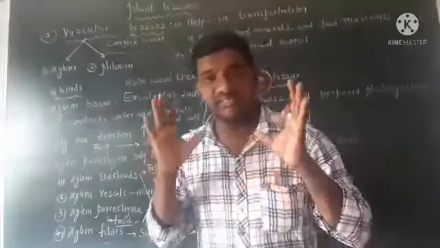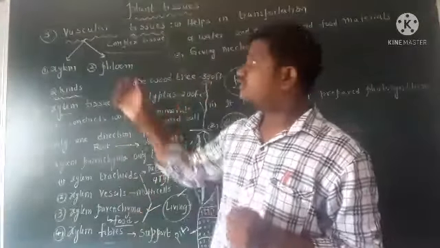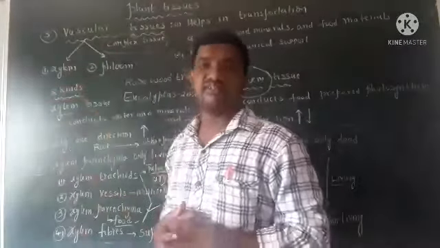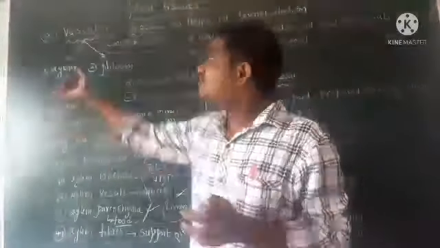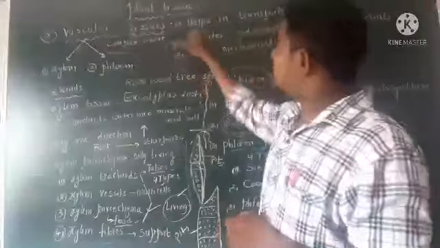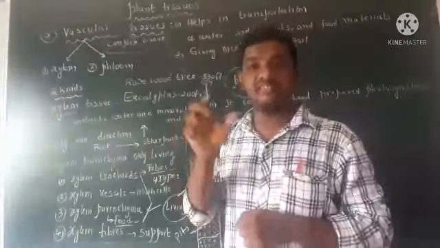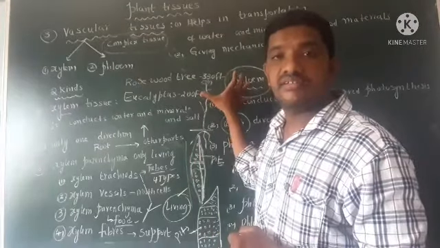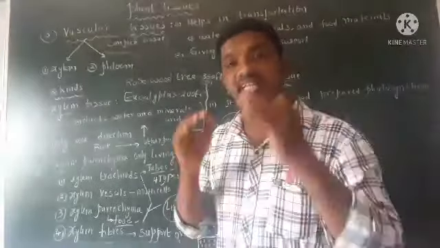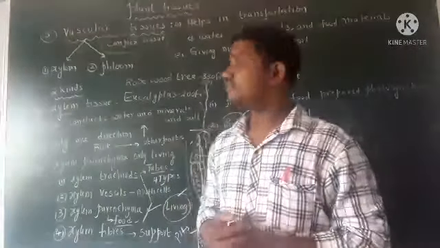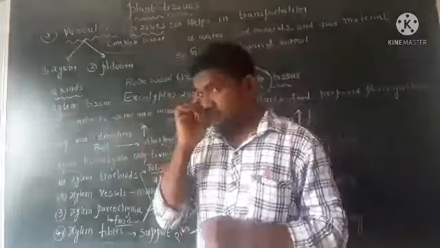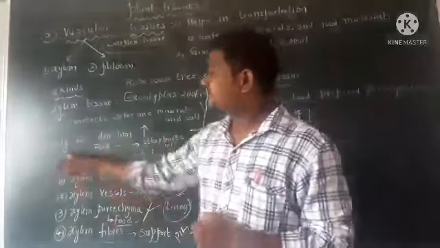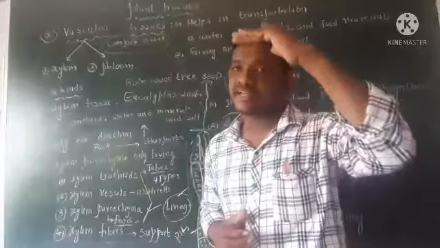Keep it in your mind. Once again, remember it. Vascular tissue is a complex tissue. It consists of xylem and phloem tissues. Xylem and phloem together are called vascular tissues. It helps in the transportation of water, minerals, salts and food materials. It gives mechanical support to plants because it consists of fiber-like structures. Coming to xylem tissues, they transport only water, minerals and salts. It moves in only one direction, from roots to the remaining parts of the plant.